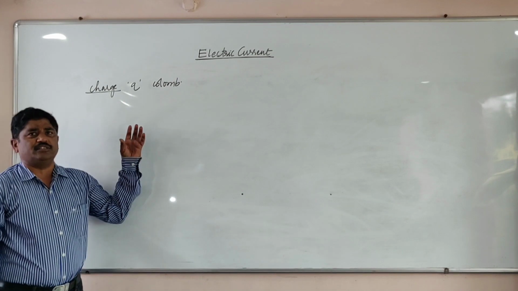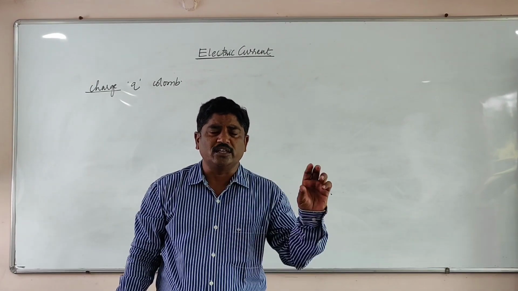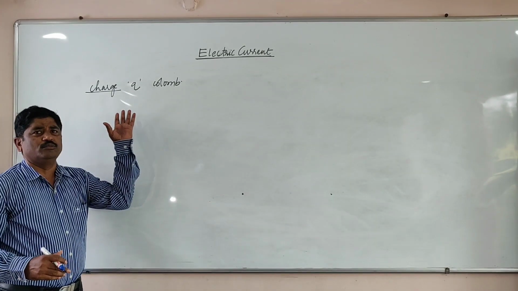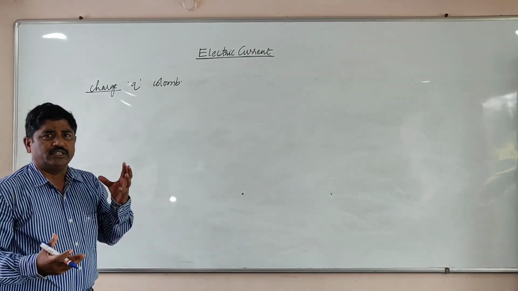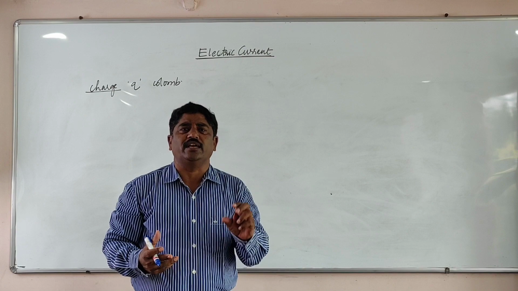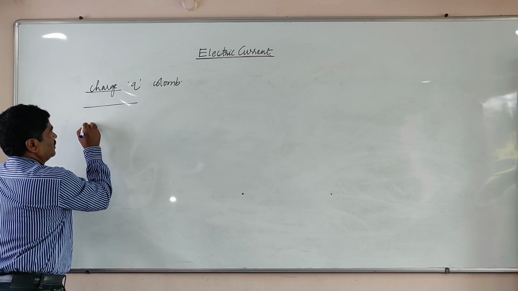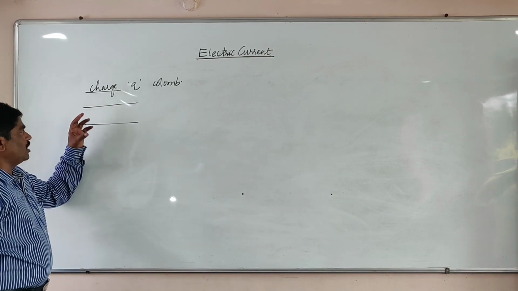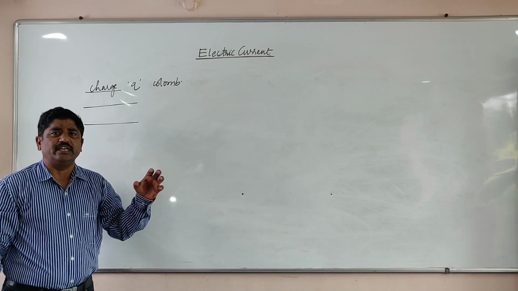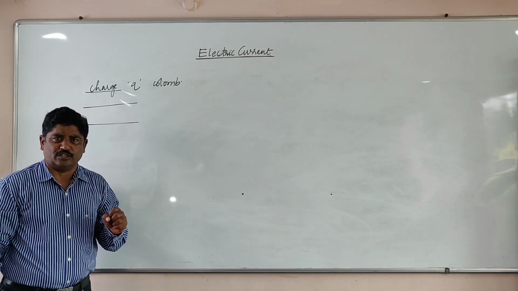The flow of charge in a conductor is similar to the flow of water in a pipe. You can imagine it that way because it is a hypothetical situation that we cannot visualize. So we can visualize charge flow as water flowing in a pipe. In a conductor, charge can move from one end to the other end. It is just because of the moving of electrons. The migration of electrons creates the electric charge flow.